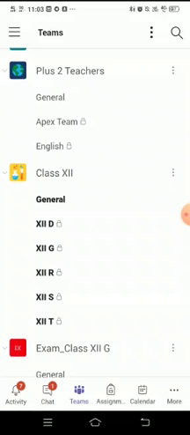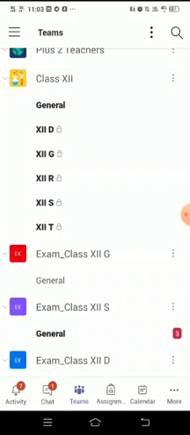You know that the question paper will be posted in the exam channel. For example, if you are in class 12K, your channel will be Exam Class 12K. If you're in class 11, that will be Exam Class 11K. Likewise, you have to choose that exam channel.